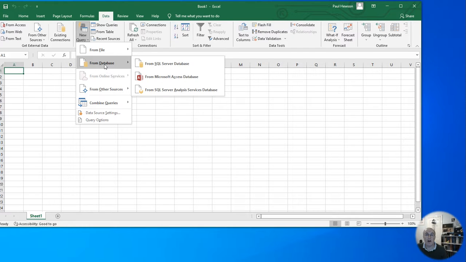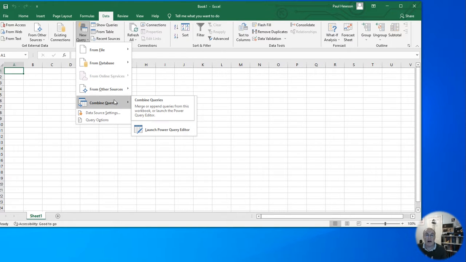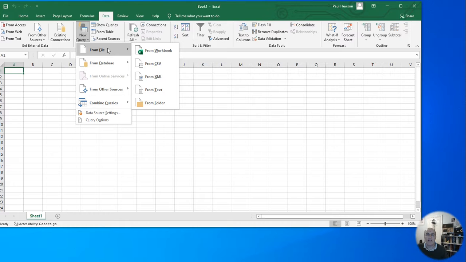I can bring it in from a variety of databases. I can bring it in from a variety of other data sources. I can even combine queries if I need to. So this is a general way of connecting to a huge variety of data sources. We're just going to demonstrate it by bringing in some data from a file, from a workbook or from a